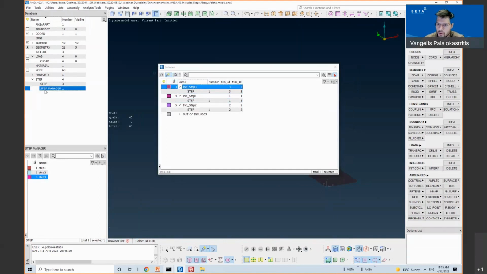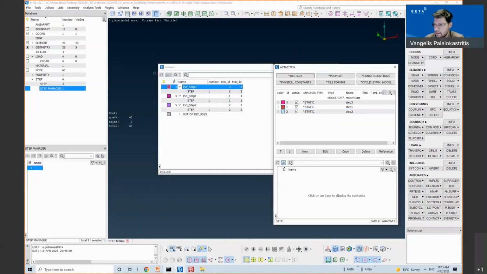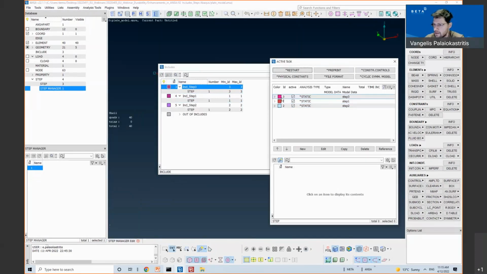So if I go to the step manager, I can see that this action also passed to the step manager. So the third step, the step with name step 3, passed at the top.